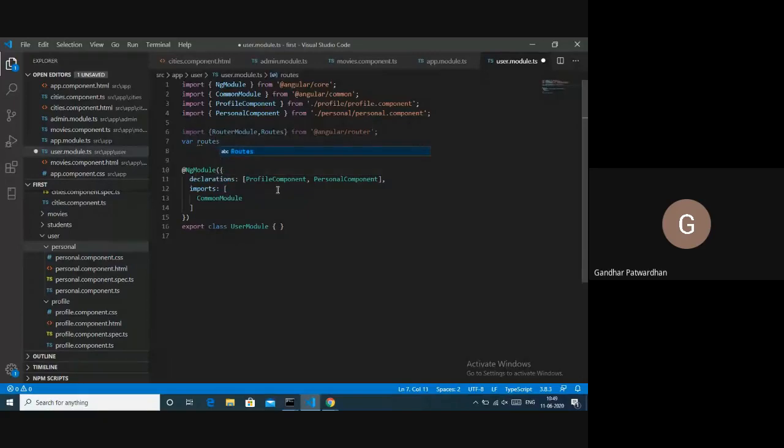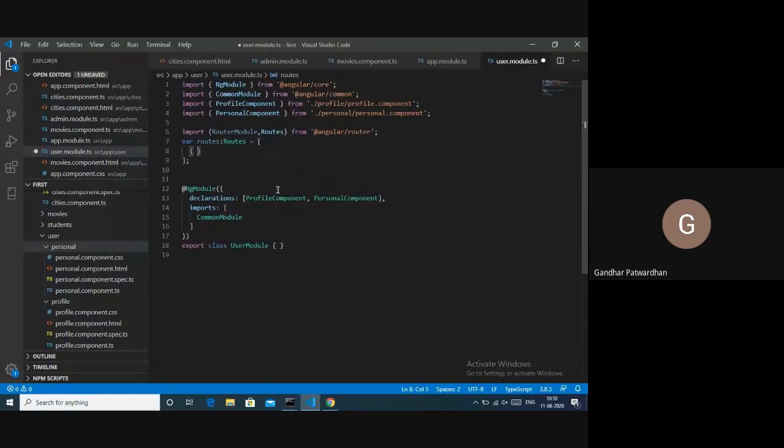I'll say var routes: Routes equals, again, this is an array. Inside this, I'll create objects. In my first object, I'll give the first key, which is path, and I'll call it profile. In my second key, I'll say component, and against this I would give my ProfileComponent.